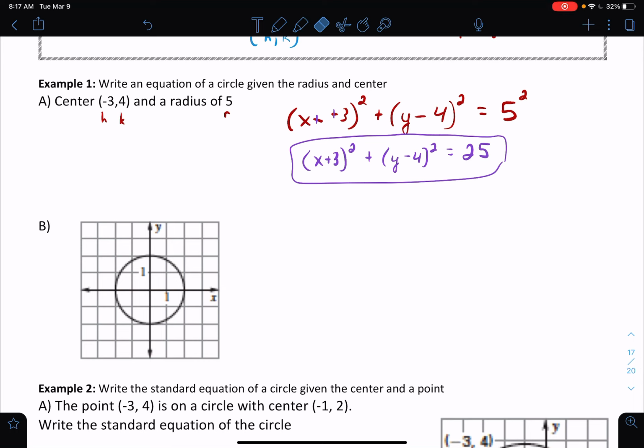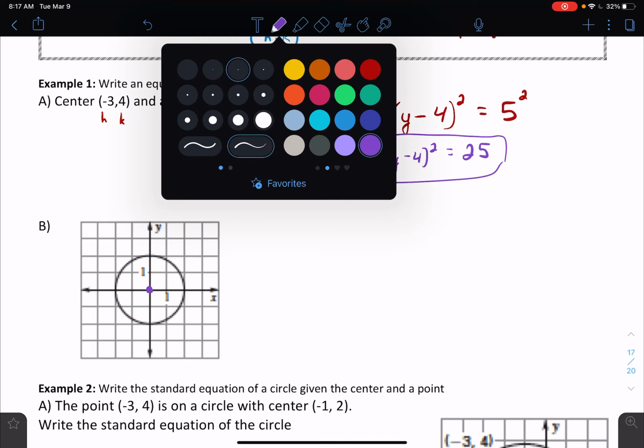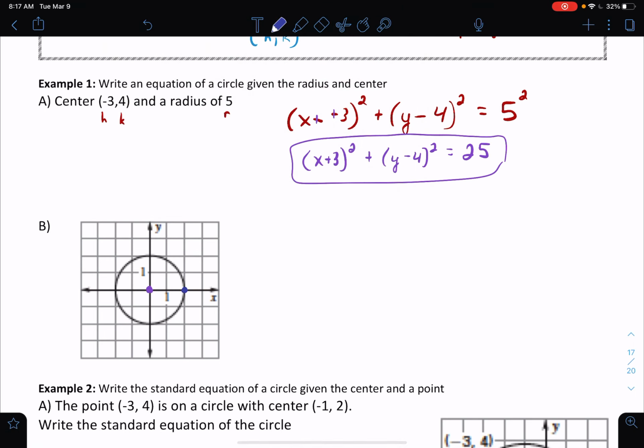Okay, so b, we give you the graph of this circle here. So the center is right here. So the radius, notice how we have 4 nice points here that we can use to help find our radius. The radius value is 2. All right, so the center is (0, 0), and the radius